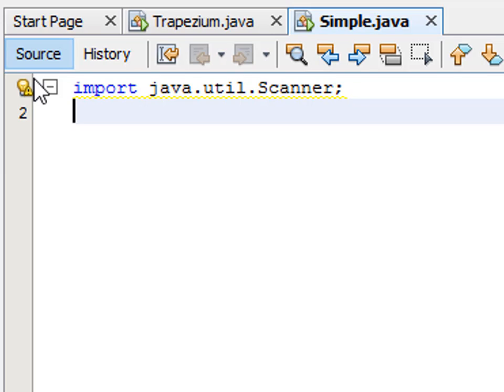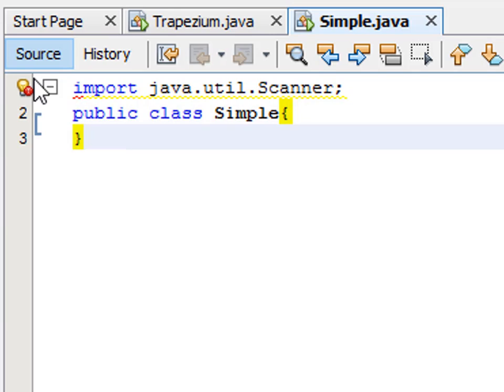So now we open up the syntax for Java, which is public class. So now the name of the class, which is simple. You have to make sure that the name of the class starts with a capital letter. Then you can open up these curly brackets, then come back again and say public static void